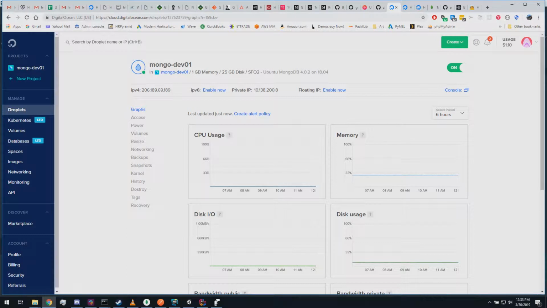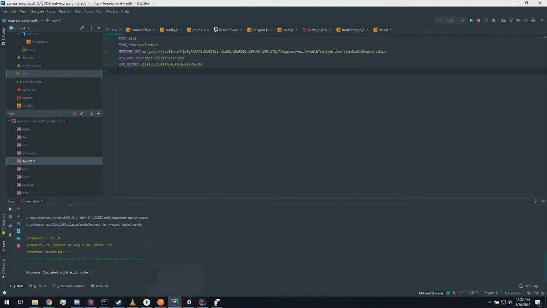Okay, so to start, we're going to go to the server. On DigitalOcean, I have a Ubuntu 18 droplet with a MongoDB 4.0 database set up. Not going to go into how that is all set up, but